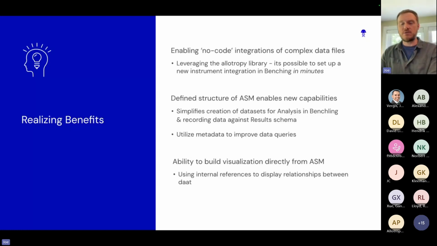The other thing is that the defined structures are really helping us start to bring this data into other aspects of our product that are more user facing. So it's simplifying the ability to create data sets for our analysis tools, and it's also going to help us write better queries into the data that's stored in Benchling.